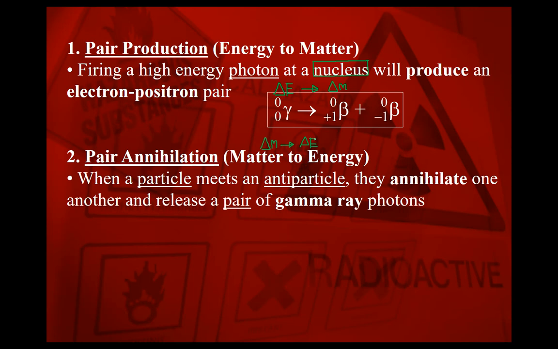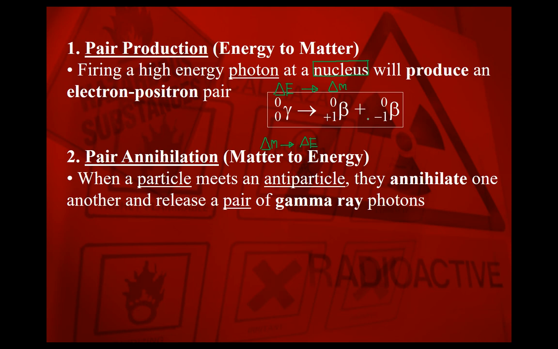Anytime you have a particle that meets its antiparticle equivalent, and I briefly discussed this in the last lesson when I was trying to define what an antineutrino is. So if you took a neutrino and it met an antineutrino, it would actually annihilate to give you a pair of gamma ray photons. So this time you're going from mass into energy. In fact, in this pair production, when we actually get a positron and an electron, that's a matter and an antimatter. They would annihilate pretty quickly to give you a pair of gamma ray photons, unless you find a way